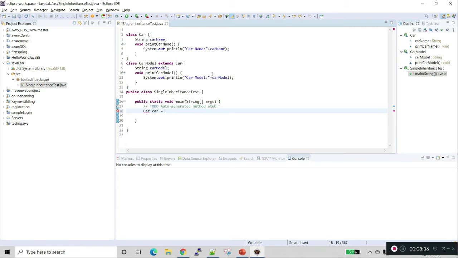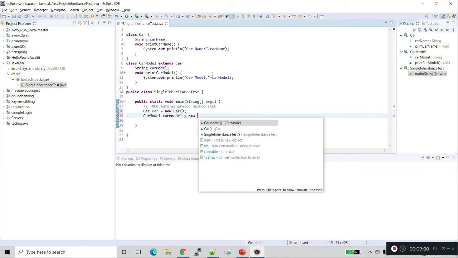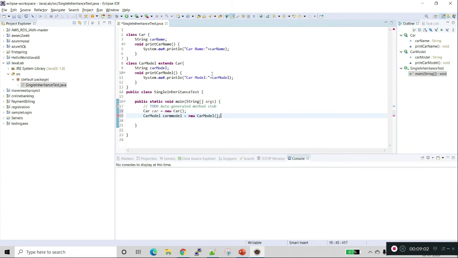Car equal to new car for the superclass, and car model, which is the subclass, equal to new car model.